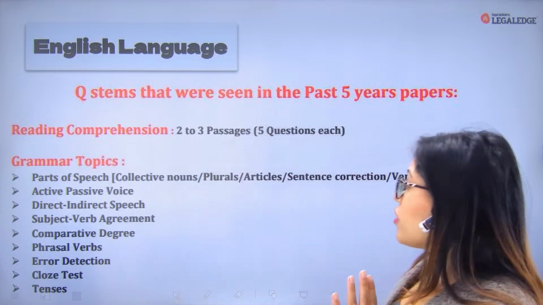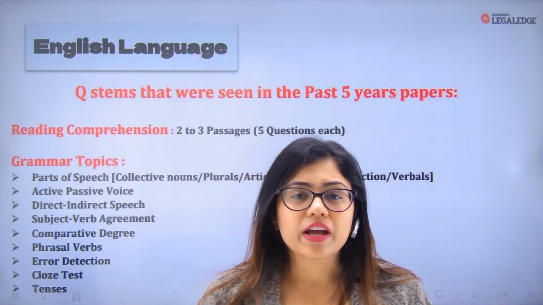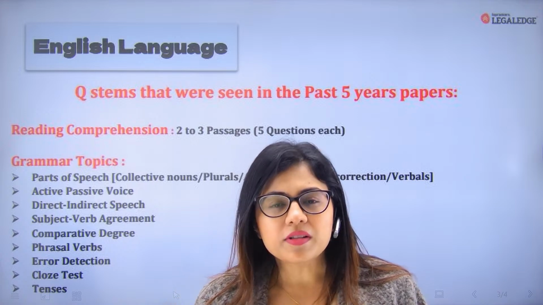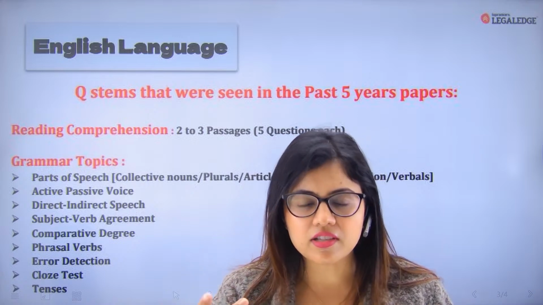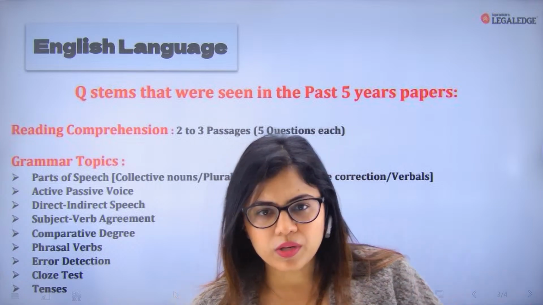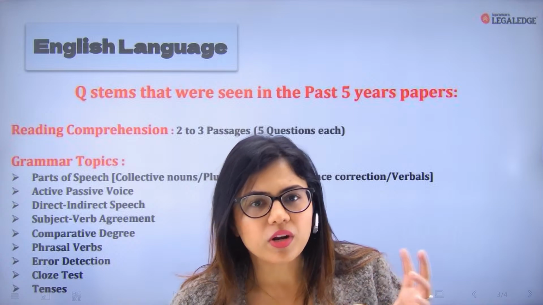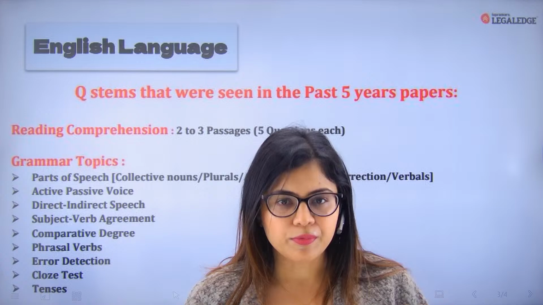Moving forward to the next one, we have verbals. Verbals is a very important category, but usually people overlook it. Verbals constitute three things: infinitives, gerunds, and participles. This is again something you will have to go back to your grammar books for. But if you revise it well, it is not rocket science. It's super easy to learn.